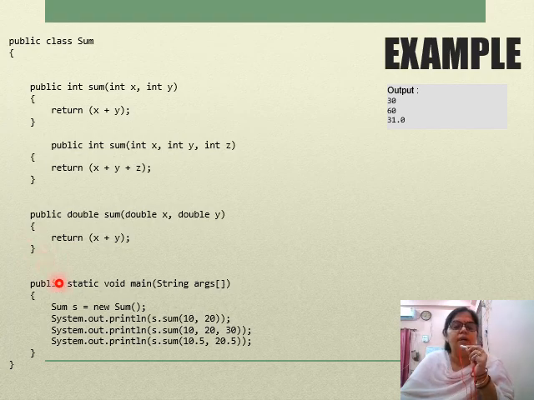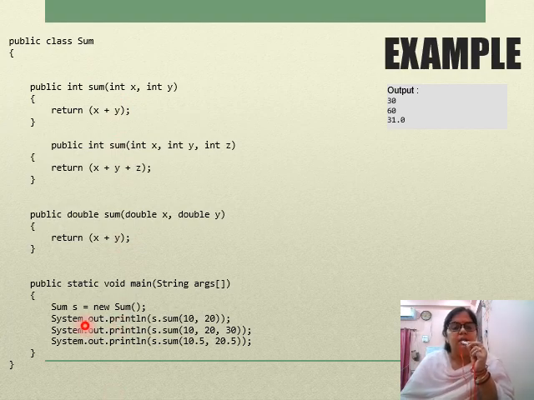Okay, now we will come to our main program. In public static void main string args, we have written here Sum s. Sum s, here we have created an object of class Sum. Here, see, pay attention, class Sum and sum are different. Here we have used uppercase S and here we have used lowercase s. So don't get confused, the class name and function name look the same, but they are totally different.